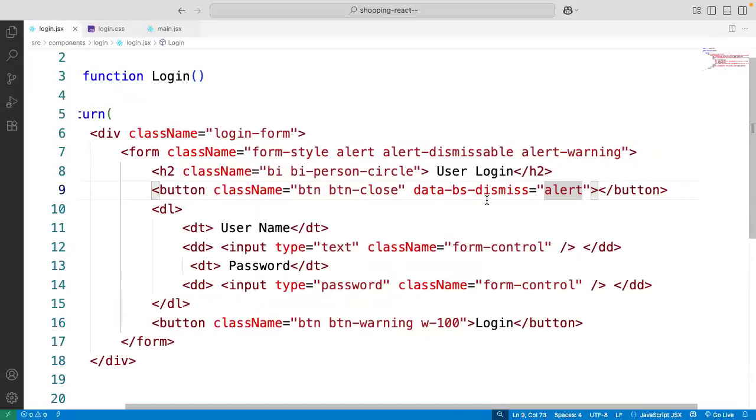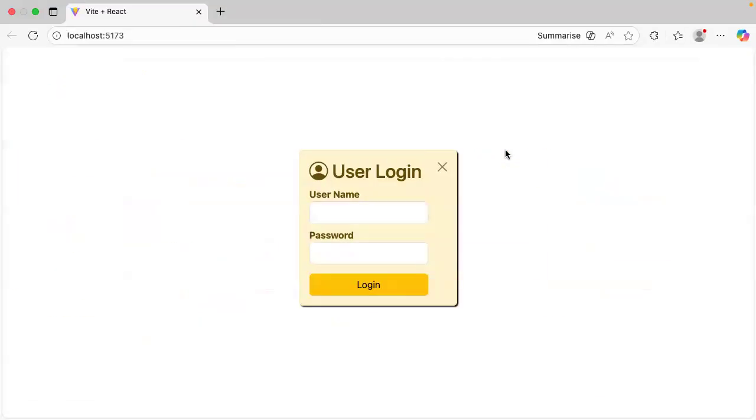This is the dismissible, spelling wrong. Alert dismissible. Okay, it is fine. Now